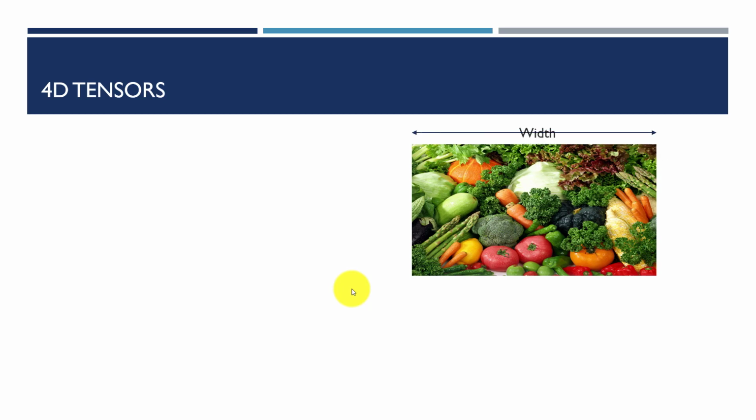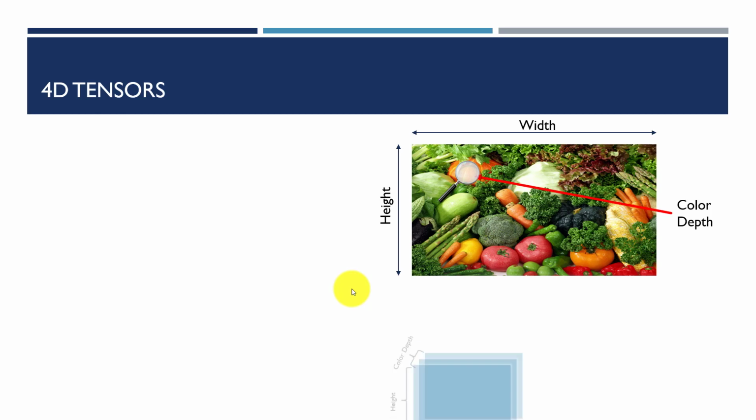It has some width, it has some height, and another important thing it has is the color depth. If you see any individual pixel, it has a color depth. If you search in Google, you will see 8-bit, 32-bit, 64-bit color depths. So if I represent this whole thing in an intuitive manner,